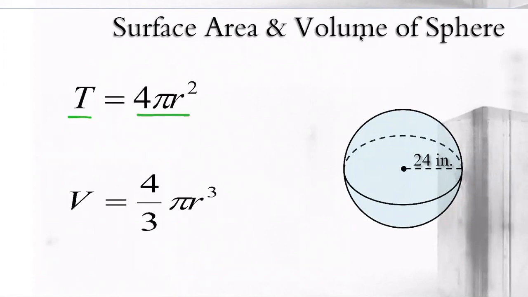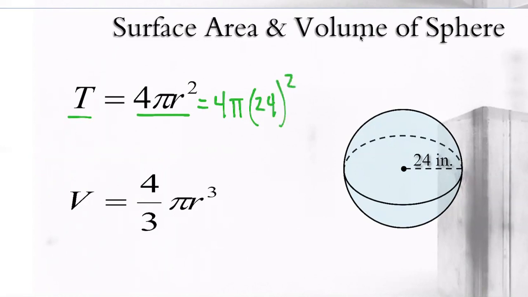So within the picture, you should be able to find the radius of the circle. So sometimes they give you the radius like we see here. If they give you the distance all the way across, all you do is cut it in half. And just like before, once I know what the formula is, all I need to do is take the information from the picture, plug it directly in. So if I'm looking at total surface area for this sphere, I'm going to take 4 times pi times my radius, which is 24,